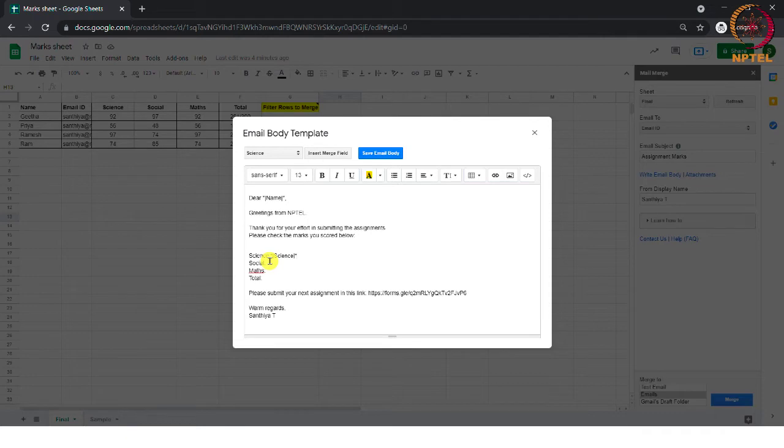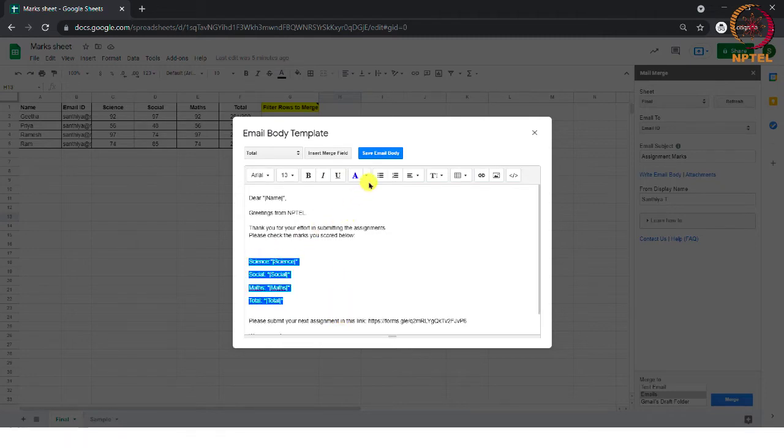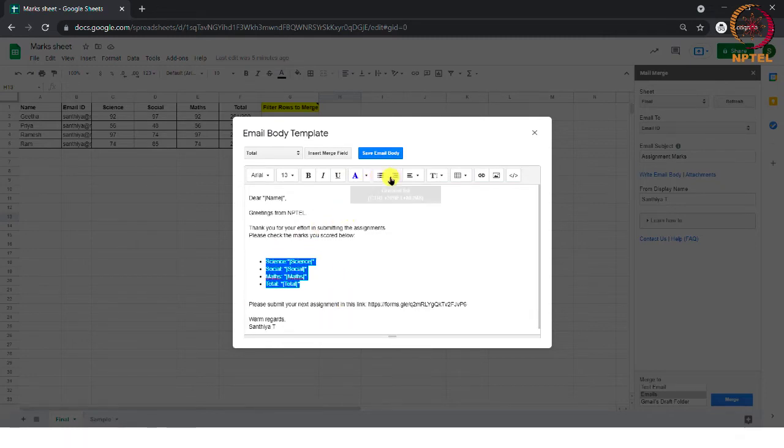You can also format your email by using the Format options available at the top, as you see here in the email body template box. Now as you can see, I am changing the marks font to blue color, changing its size and making it bold. By using these options, you can add bullets to your text or add numbers also.